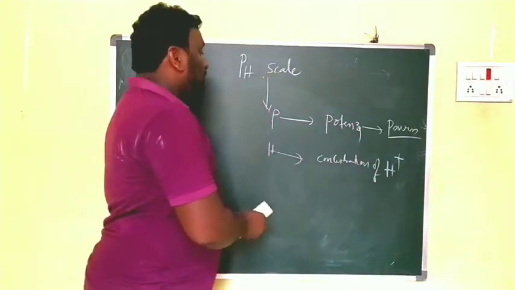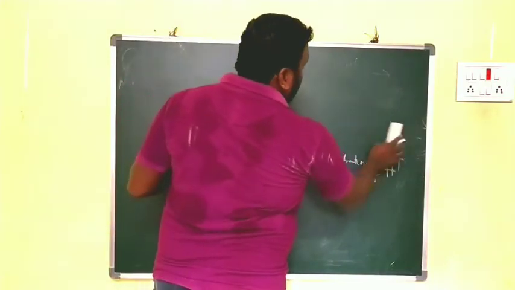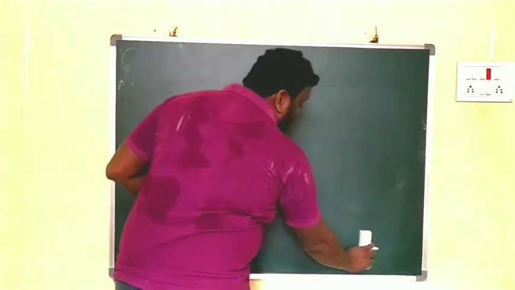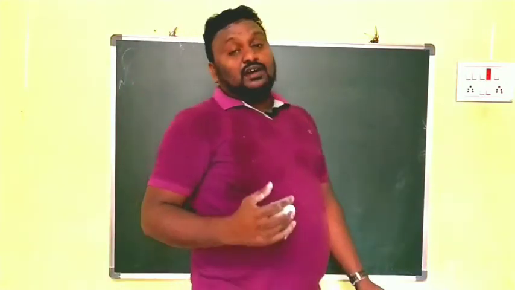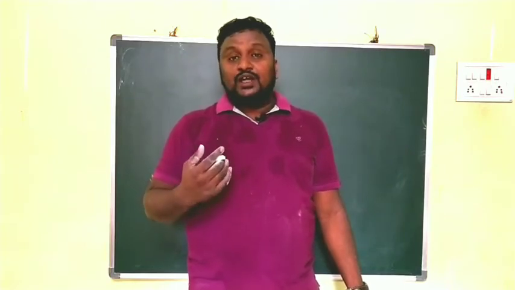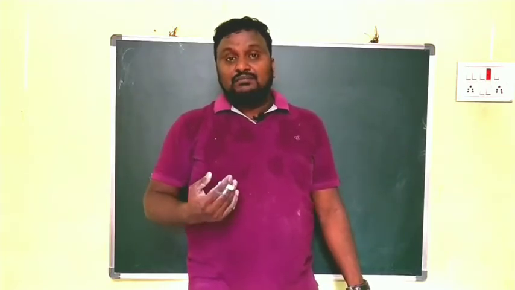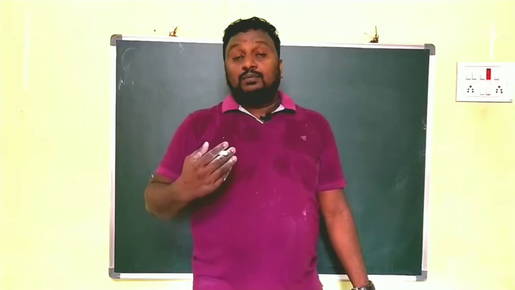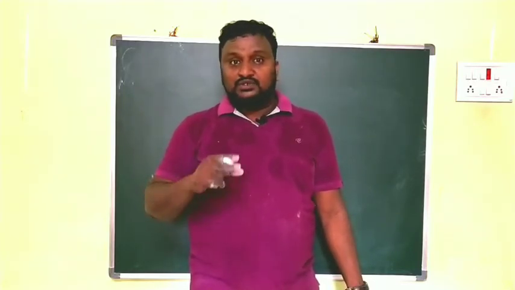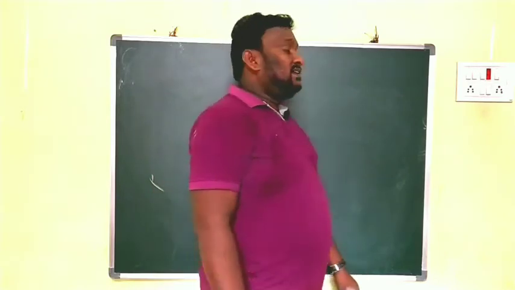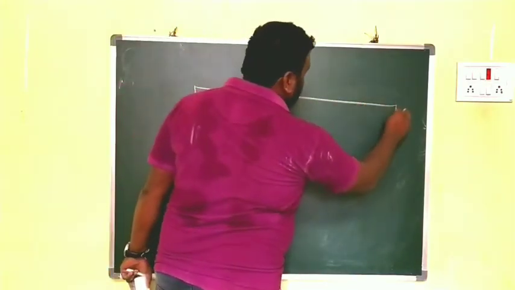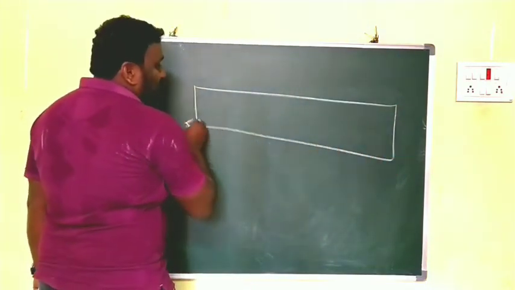So now, generally the pH scale shows different colors. How we can find out the pH value of different substances by using the pH scale, I will upload in the next video. By doing some lab activity, I will try my level best to do that. And generally the pH scale is also in our laboratory. I will show it here. The pH scale looks like this.